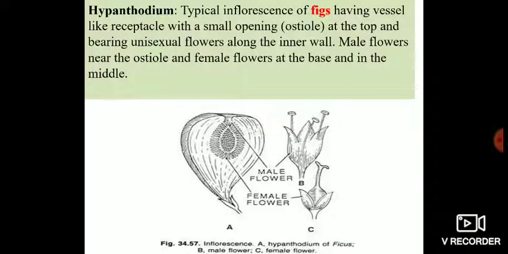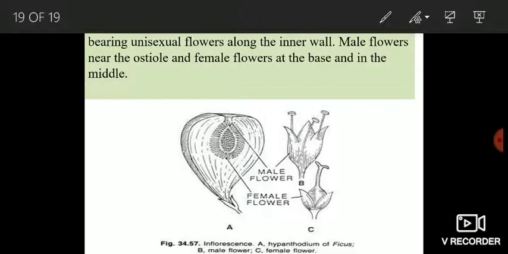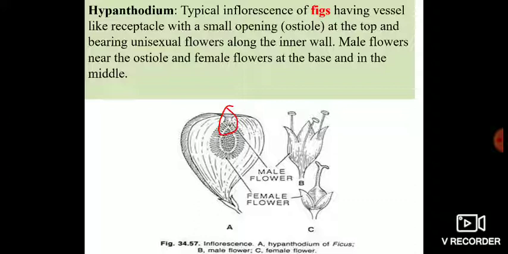Now the final one is Hypanthodium. This type of inflorescence is the typical inflorescence of Ficus. Okay, they possess a vessel-like receptacle. That means the inflorescence axis has been modified to form a vessel-like structure, which is known as the Hypanthodium. Okay, and this Hypanthodium possesses a pore-like structure at the top, which is known as the ostiole. Okay, and this Hypanthodium bears unisexual flowers along the inner wall,